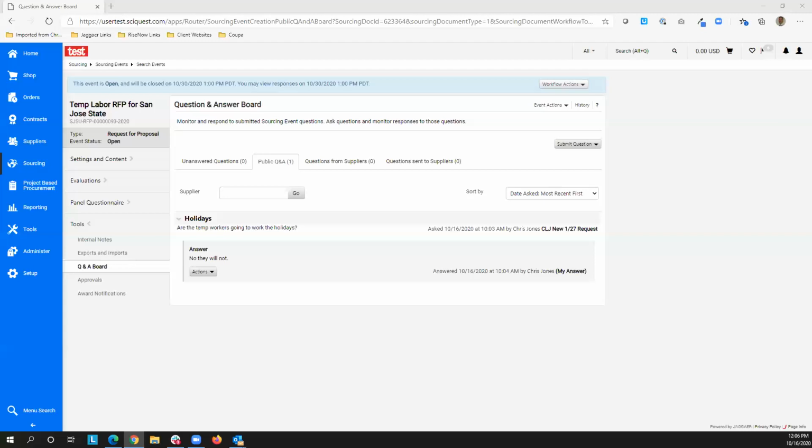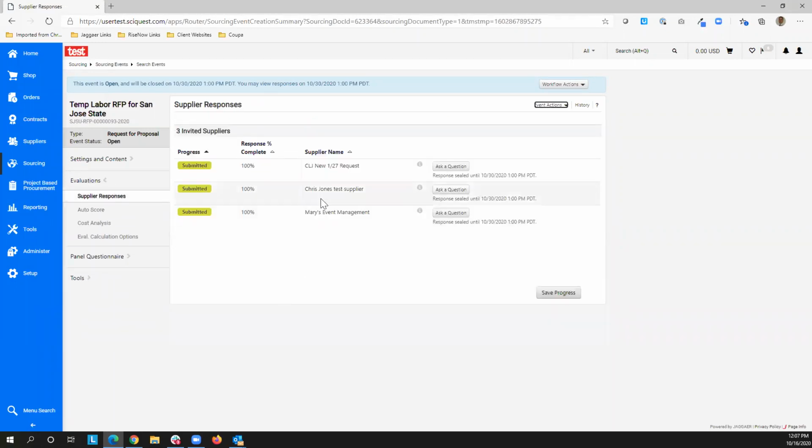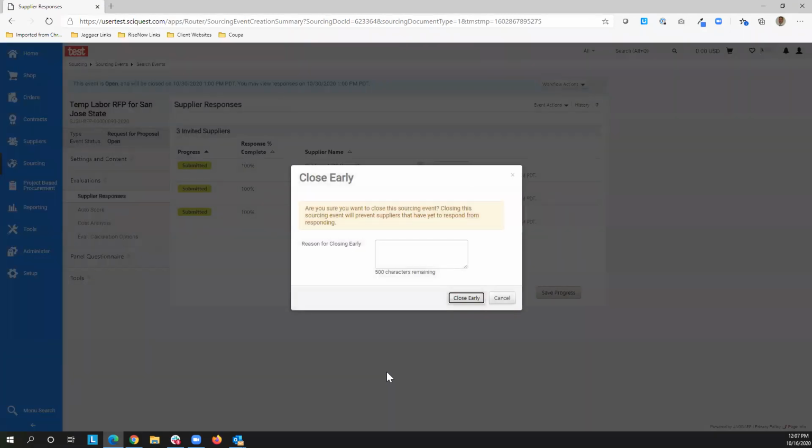All right, just finishing up here. And I've got both bids in, and Mary's got her bid in. Let's go ahead and take a look at that. So if I go into evaluations and go to supplier responses, look at that. I've got 3 bids in the tool. It is a sealed bid, so I can't actually see the bids. I can just see that they completed them. But we'll go ahead and close this event early, just for the sake of this demo